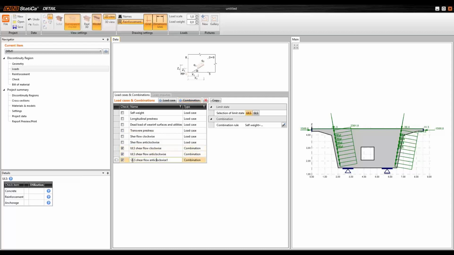And then we need to create serviceability limit state combinations. This combination will be characteristic. This will be also characteristic, but with anticlockwise shear flow. And if I add one more combination, this will be for